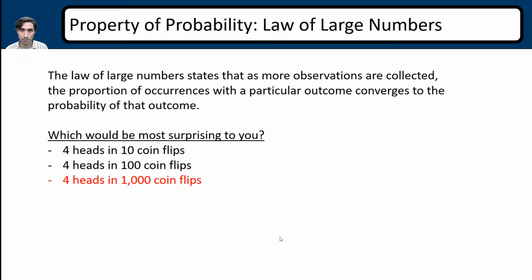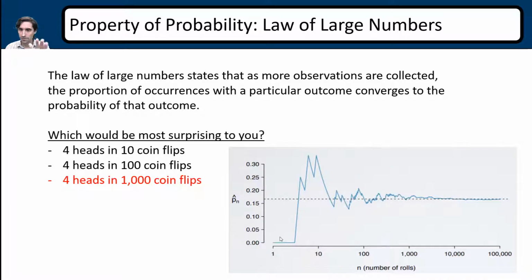For example, if you flip a coin 10 times and get 4 heads, that's not surprising, because you have a 50% chance every time. But if you flipped a coin 100 times and only got 4 heads, whoa, the probability of that is pretty significant. Now, what if you flipped 10,000 times or 1,000 times and you only got 4 heads? Whoa, that's a lot. The probability of that is extremely small. So this is in your book.